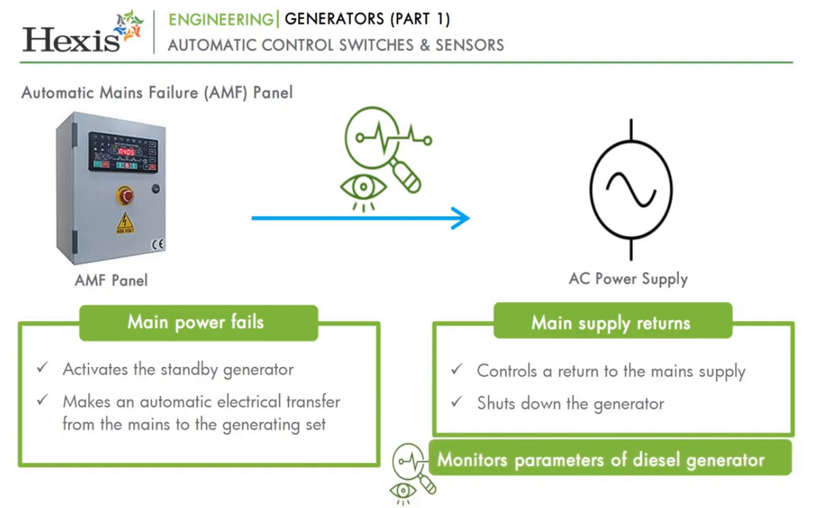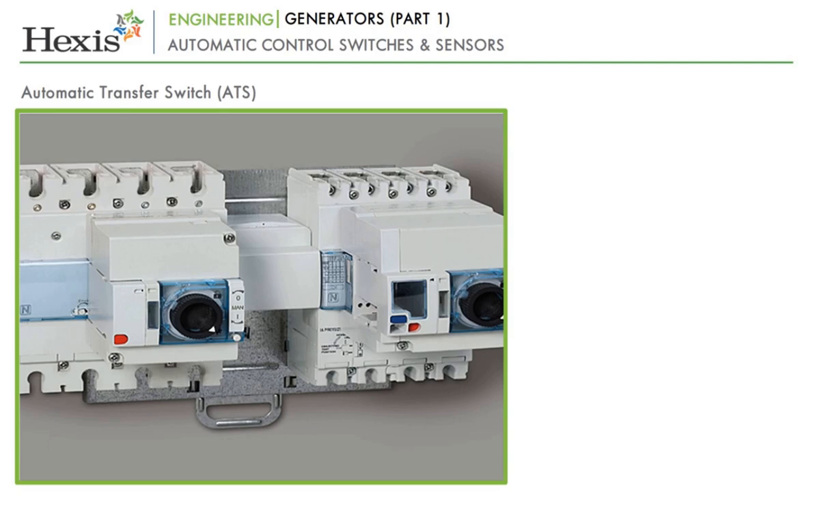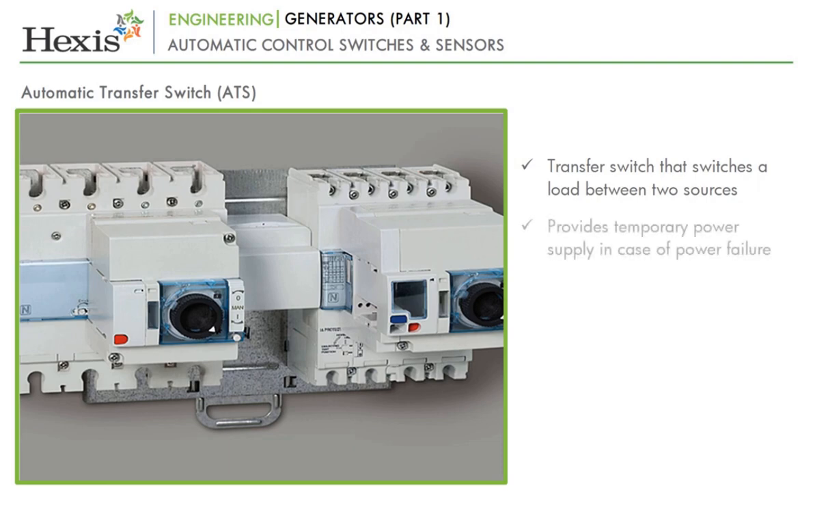The AMF panel also monitors the parameters of the diesel generator and may shut down the DG in case of any issues. Let us take a closer look at the automatic transfer switch, that is ATS. Automatic transfer switch, that is ATS, is a transfer switch that switches the load between two sources. An ATS is installed near a backup generator so that it can provide temporary power supply in case of power